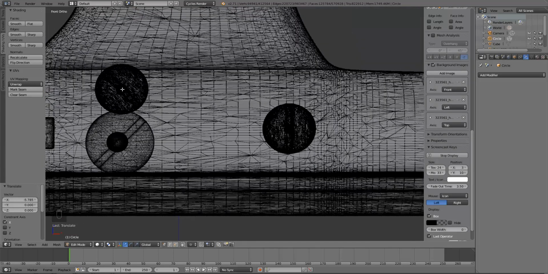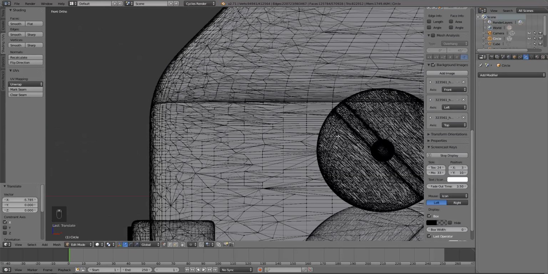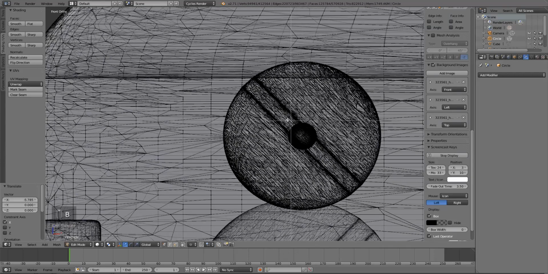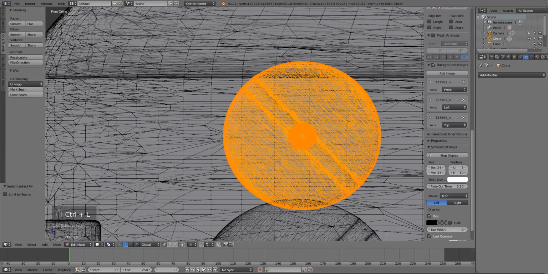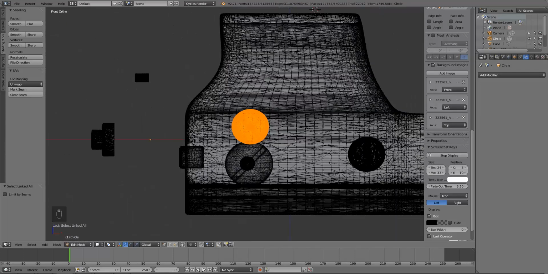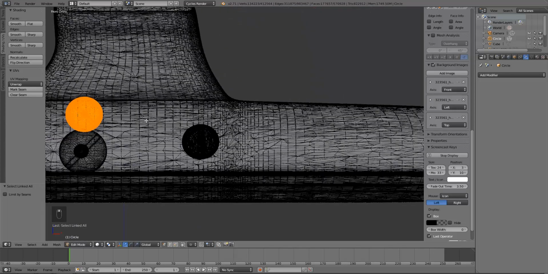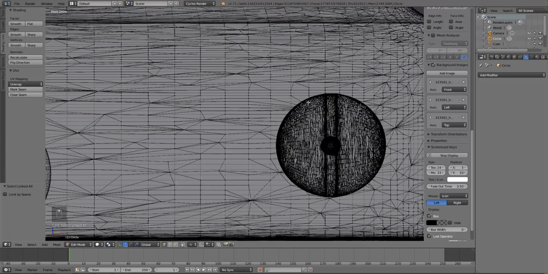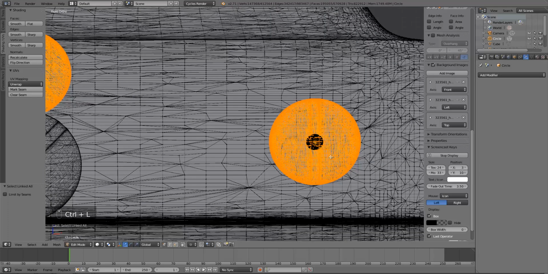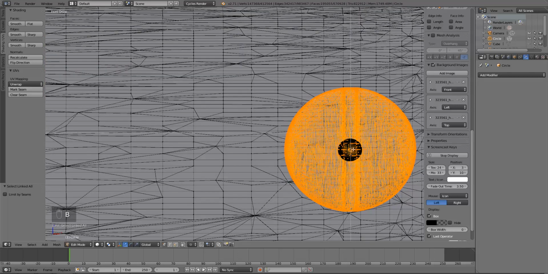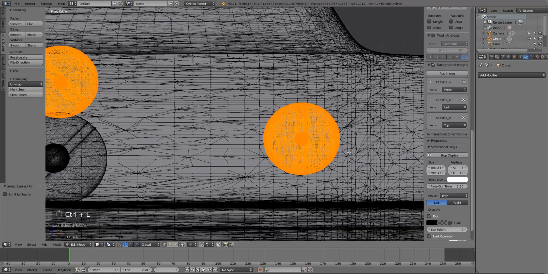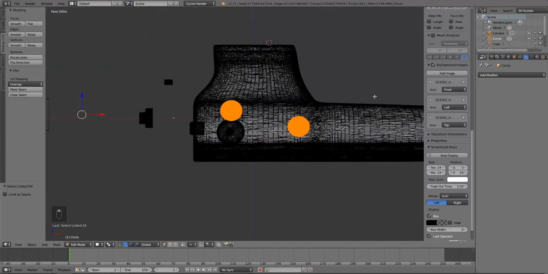This is kind of a hard part actually, because of the decimation, which makes it look, yeah, it kind of jags the vertices. So we wanted to just select this other screw. By now you've practically got the point of it. I would pause the video and do it all myself and then say, yeah, look, we've done it. But you sort of need to understand what we are selecting and moving. It's just practically any separate